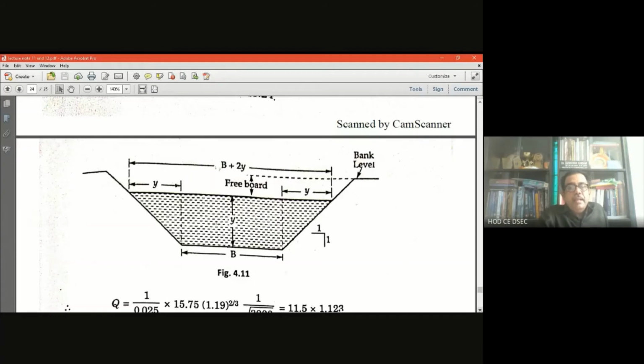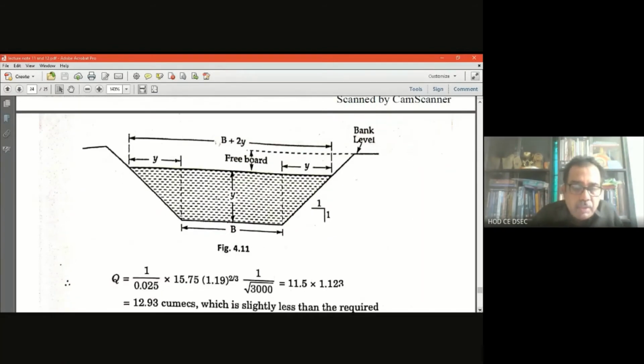So it is very interesting to consider the geometrical section of the canal. Only then will you be able to go ahead with the design part; unless the cross section is clear, you will not be able to solve this problem. First of all, B is the bottom width, so it is very clear. And from the geometry, the horizontal portion, that is the top width, is B plus 2Y, because of the 1:1 slope, that is the 45 degree angle that you can see.